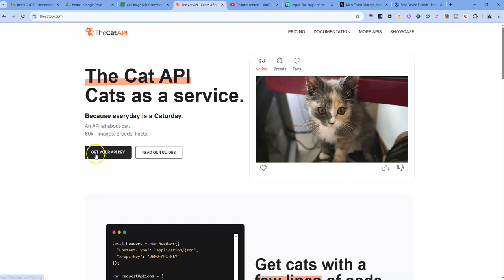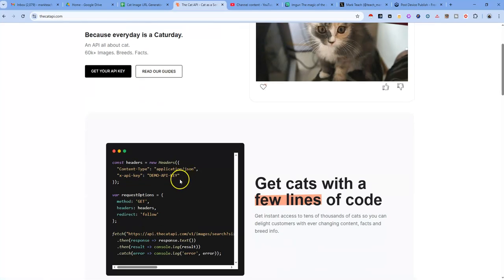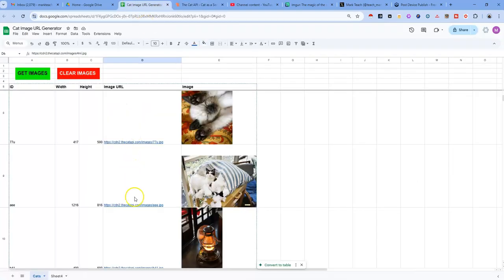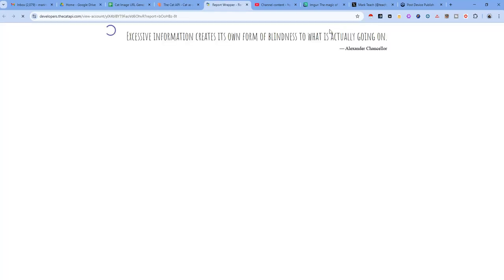Now, actually, before I do that, let me mention that although it does say here to get an API key, you do not actually need to get an API key if you're going to use this in the most basic way that I'm using it here, which is simply just to pull up some image URLs. So I'll go over to documentation, and